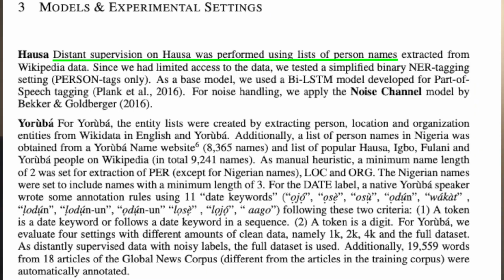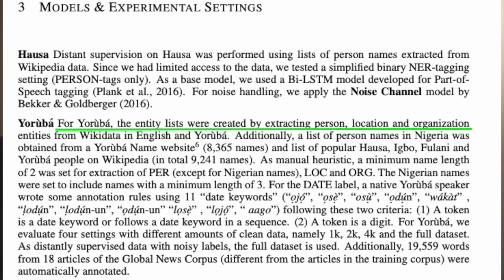In terms of matching a list of entities from an external knowledge source, we can obtain these entity lists from dictionaries or knowledge bases such as Freebase or Wikidata. The point here is that we will compare words found in unlabeled text with the entities from this list. If there is a match, that unlabeled text is assigned the corresponding entity. For the Hausa dataset, the paper only focuses on the person entities list, since they only have limited access to the data.